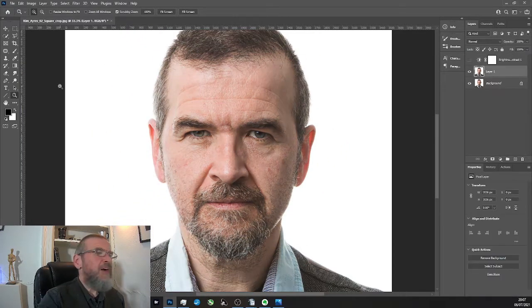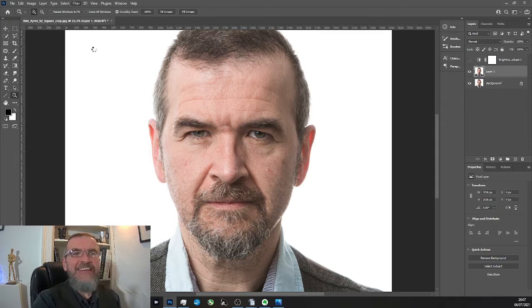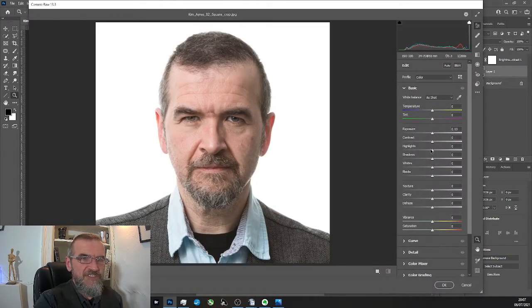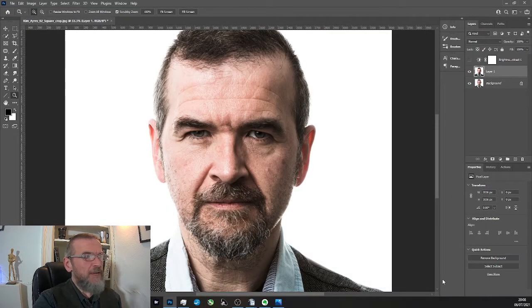So what I'll do is take this into the Camera Raw filter, where I can play a little bit more with options. If I go to the contrast here, I can contrast it like that, and then maybe I can take the saturation down a little bit to counteract the fact that I went very bright orange with it. So just playing with the contrast, I can do that. And we can see that